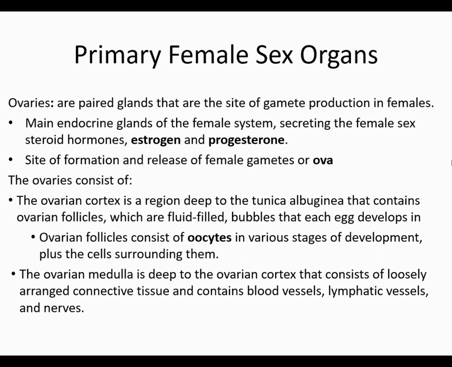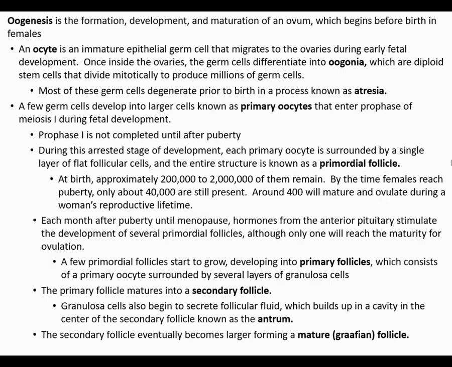Eggs develop in what we call ovarian follicles. They're just follicles, basically like bubbles. They're fluid filled, and inside of them is where the eggs are going through their development. As it states right there, ovarian follicles consist of the oocytes, which are the levels of development of the eggs in their various stages of development. And then surrounding them are cells that form the bubble-like structure. We're going to get to see that as we talk about oogenesis,